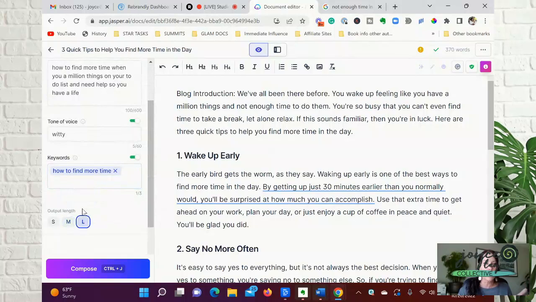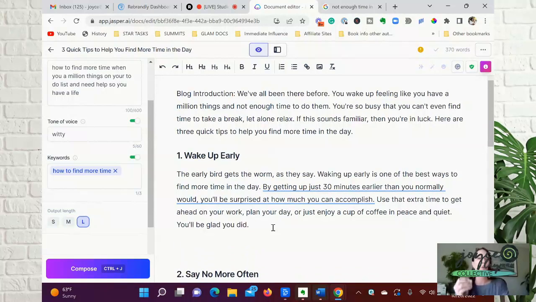So you can change your output length here. So waking up early, and then I want to prompt Jasper to fill this in with a little bit more content. Now you can see why I want to do a short training instead of the long training.